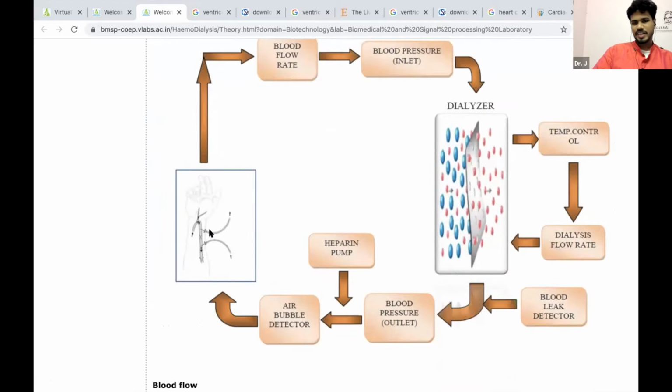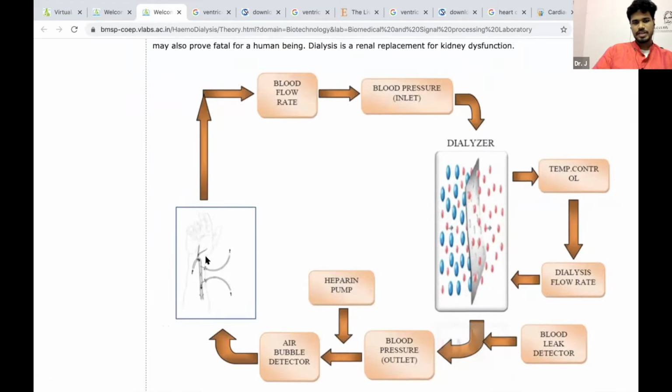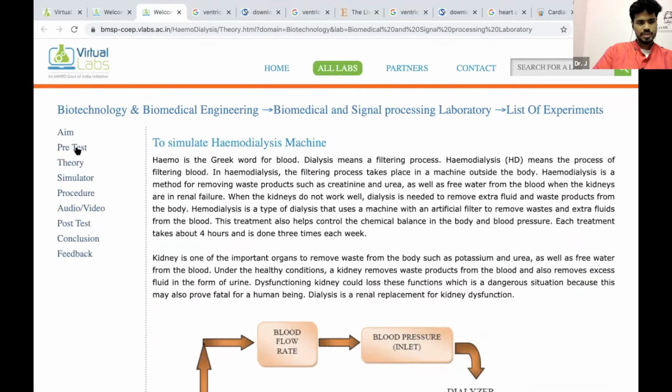Typically, the kidney cannot filter. The question is, can we outsource the filtration process to a machine? So we take blood that is going back, say from this artery, we send it to a machine so that whatever needs to be removed can be removed. And then the filtered blood, after some checks, typically you need some check for leaks, you need to check for any air bubbles and all that. Then you want to avoid clotting, so you infuse heparin and then you send it back to the blood. So you're outsourcing the kidney's function to a dialyzer. That is typically what you do.